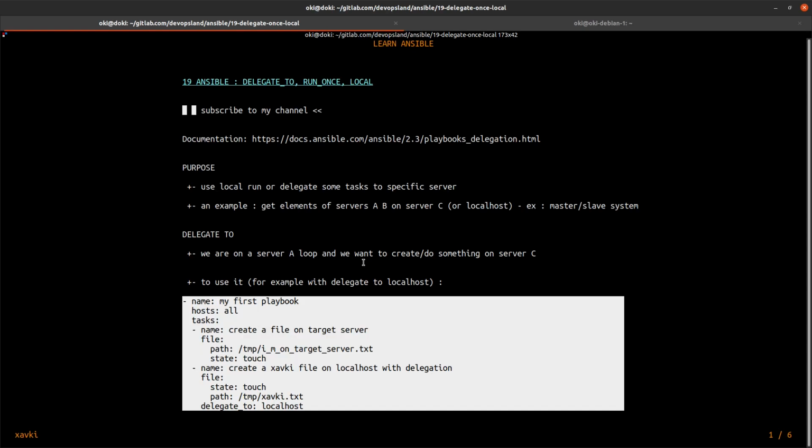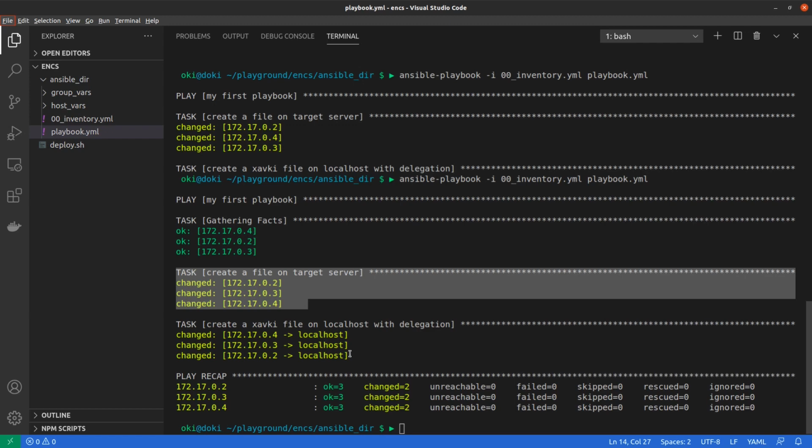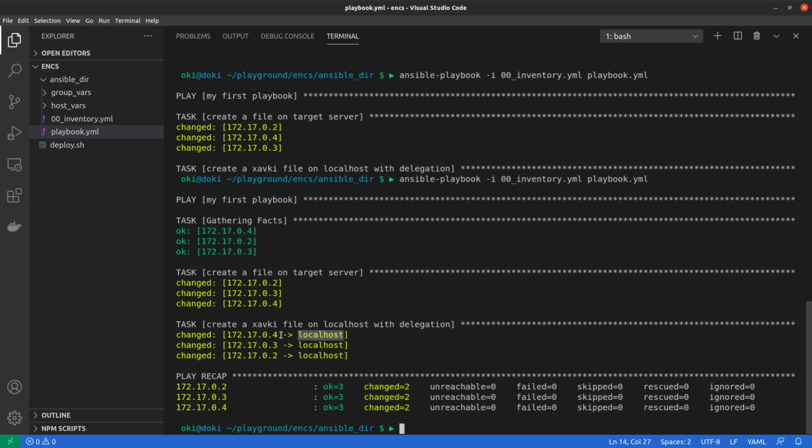Okay, in the second task, we run on localhost for each target server, .2, .3, .4, and we run this task on localhost for each target server.